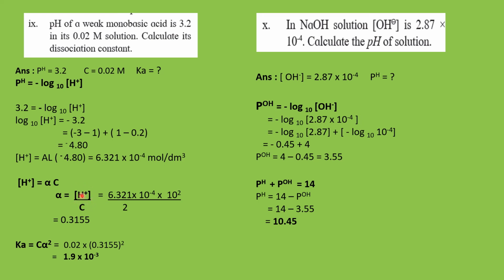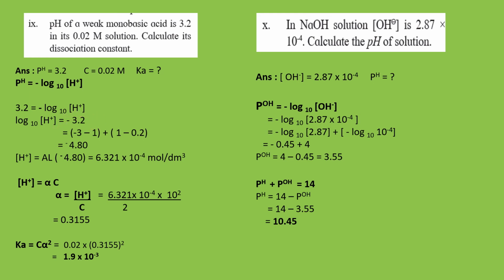We can find the H+ ion concentration using the formula pH is equal to negative logarithm to the base 10 of the molar concentration of H+ ion. So pH is given. So the molar concentration of H+ is the anti-logarithm of pH. So pH is 3.2, which is equal to negative logarithm to the base 10 of the molar concentration of H+ ion. Or positive logarithm to the base 10 of the molar concentration of H+ is minus 3.2. Now, to find the molar concentration of H+, we have to take the anti-logarithm of minus 3.2.